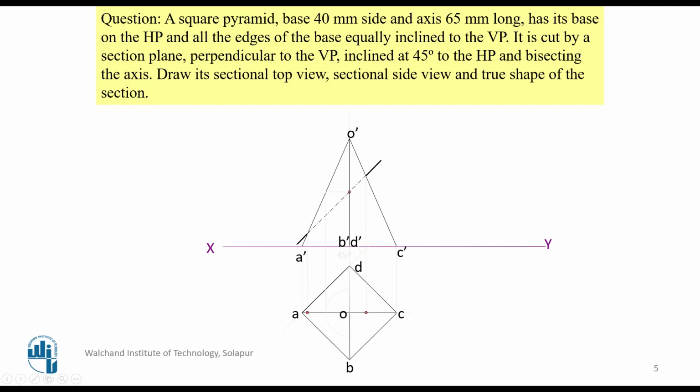Keep the compass here and take this radius. Draw this side arc and draw this side arc. You are going to get these 2 points. These are nothing but the central position edges cutting points. Give the namings for these. Join these points. You will get this as an apparent figure. This is not the true shape because this line is not parallel with the XY line.